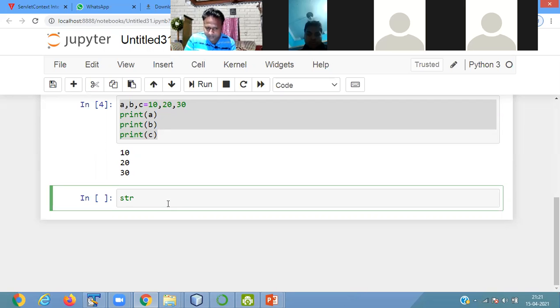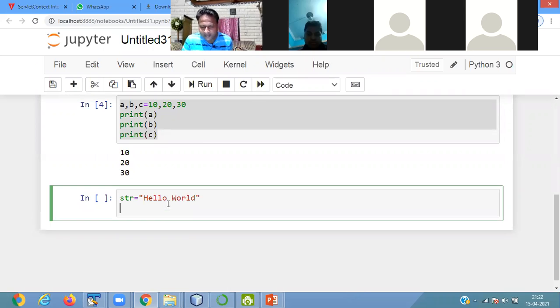Suppose I pass here the string hello world. Then here I write print string 0 index.